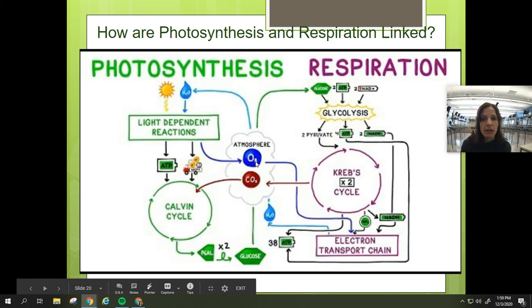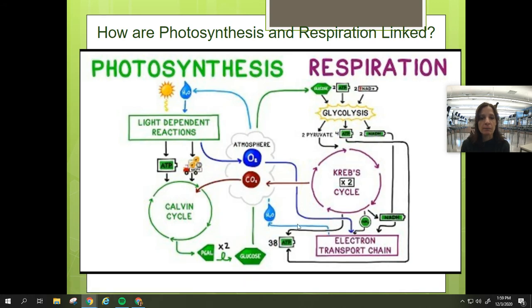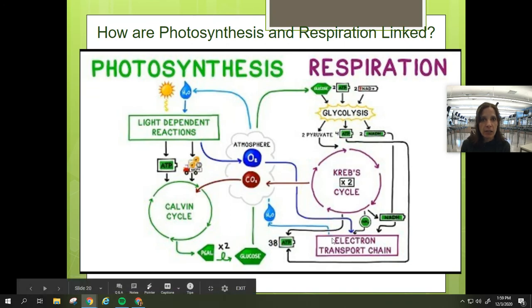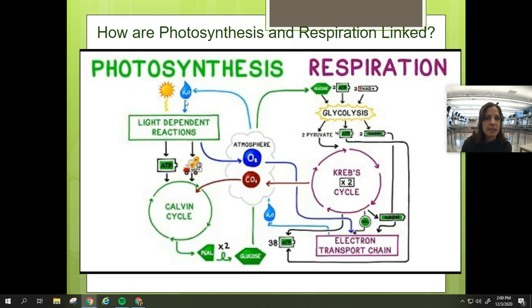And then remember that oxygen is required as that final electron acceptor and combines with some of the hydrogens to make water. And then water goes up here, and remember, water is formed, that's where that electron ends up, and guess what donates the electron? Water. So water donates the electron, light comes in,